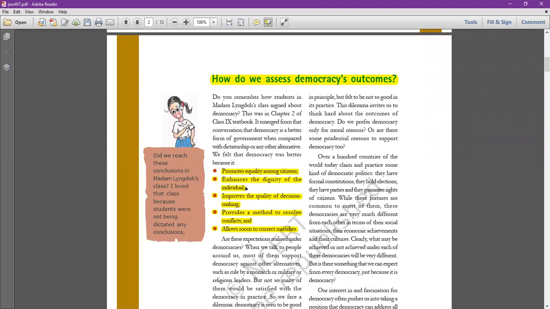First point: promotes equality among citizens. डेमोक्रेसी करती क्या है? सबसे कोर इंटेंशन डेमोक्रेसी का होता है इक्वालिटी, इक्वालिटी फॉर ऑल. In our country, just take a simple example. We have single citizenship. Single citizenship simply means that we all are Indian. You may be rich, you may be poor, you may be from the middle class, you may belong to any caste, any religion, any region. But in our country, we are all citizens of this country and we have single citizenship. And what does that mean? That simply means that we all are Indian.